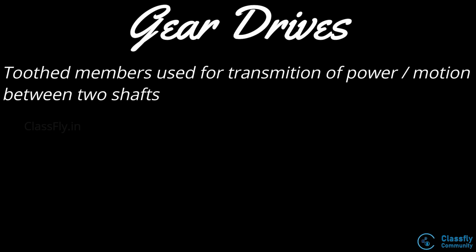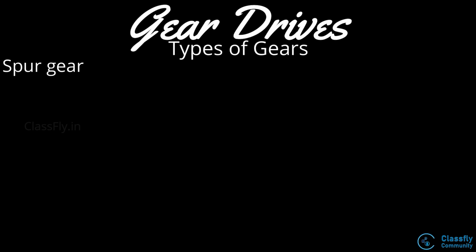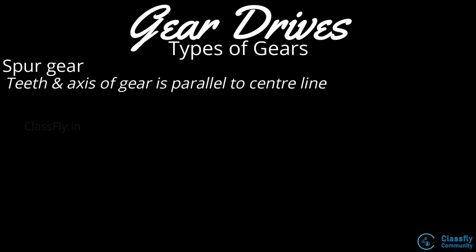Then we moved into the concept of gear drives. Gears are nothing but tooth members which are used to transmit motion or power between two shafts. Then we looked into the types of gears, that is the spur gear where the teeth and axis of the gear is parallel to its center line, the helical gears where the teeth is cut around the periphery in a